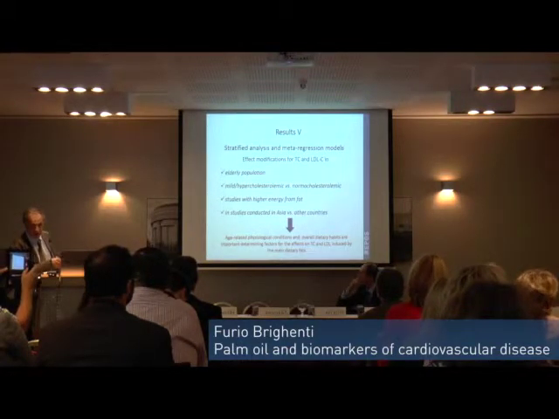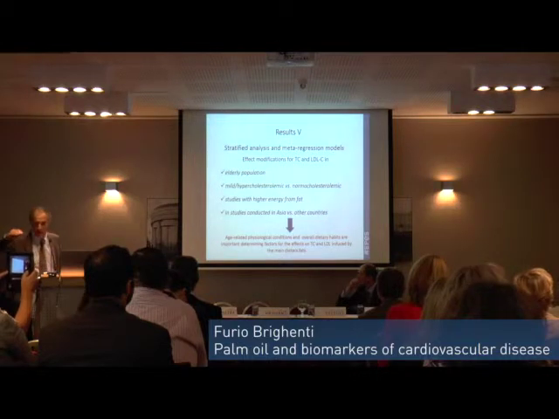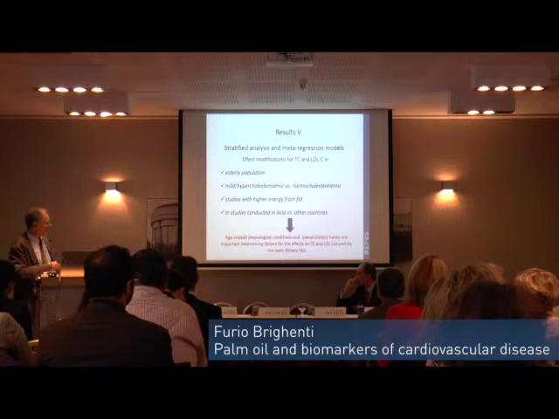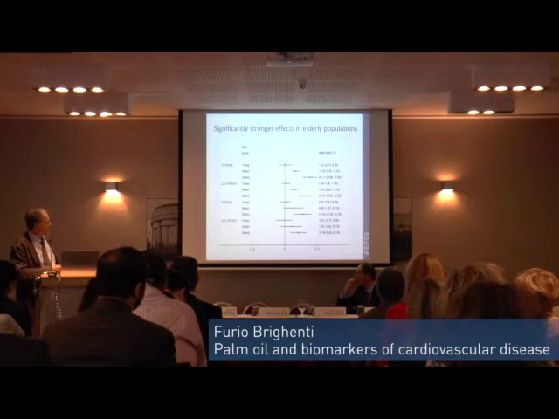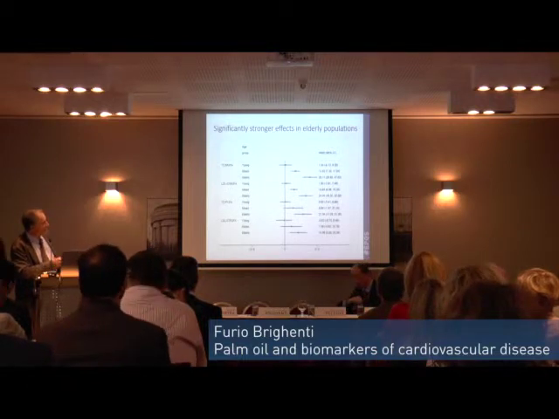We also did a meta-regression to stratify between the level of fat in the diet, and also to look for studies which are conducted in Asia against the other countries. I only provide the significant results, just to make it short, which are a significantly stronger effect in elderly